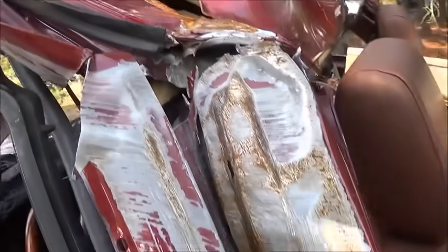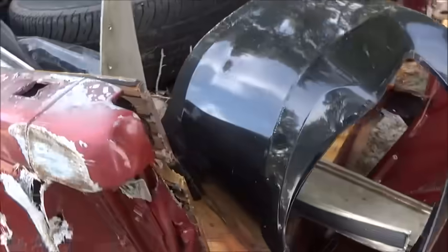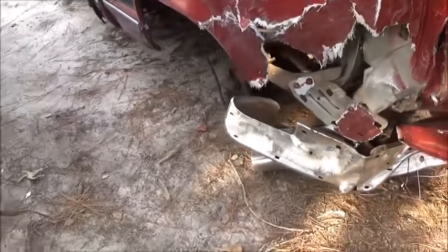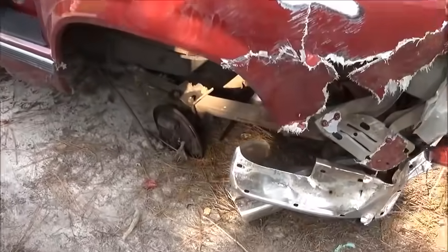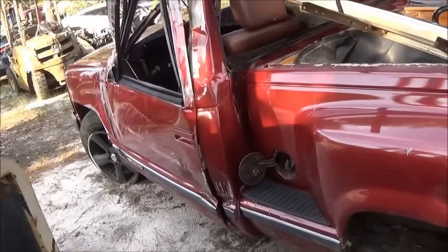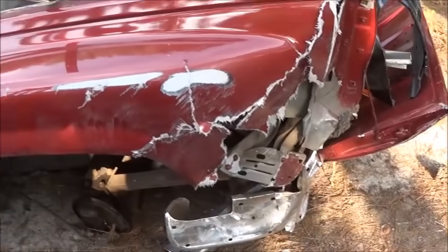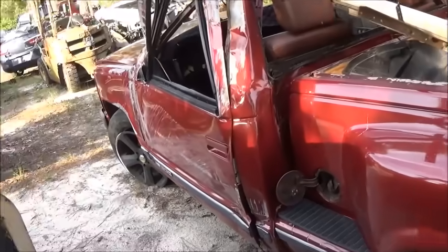And tore the roof up bad. This was a step side, short bed. Ripped the rear end out of it, snapped the axle off. So this guy pulled out in front of somebody else crossways, and I think the guy hit him back here. And when he hit him, it spun this guy around and rolled him over, and then he slid for a